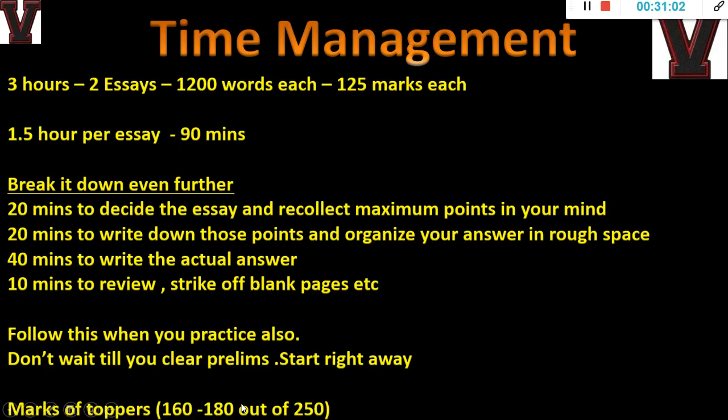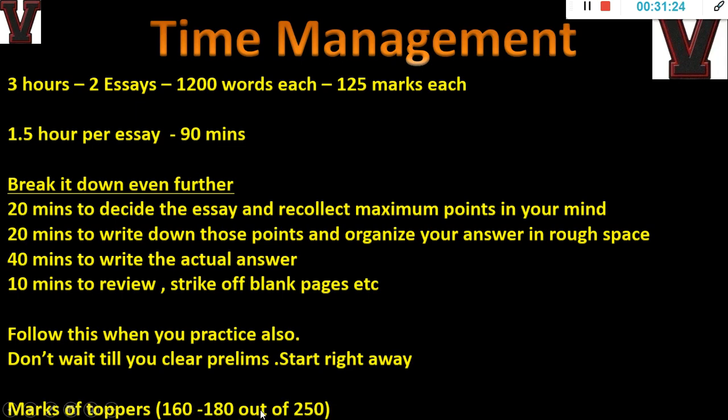Okay, topper, usually the essay topper I'm telling, not the overall topper. Essay topper might be a person who is having an overall rank of maybe 80 or 100 or something. But that person may be good in essay, so he will get maybe 175, 185, these kind of marks out of 250. But in GS papers, a person will not get this much high marks. They'll get maximum 110 or 120 out of 250. So that's why I'm telling essay makes a huge difference.